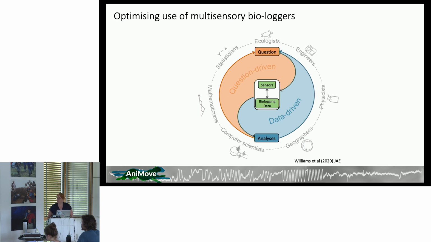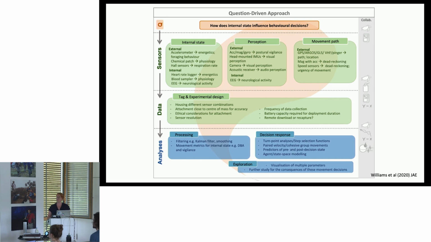So that's it for the detail of IMUs. I realize that it might not be fully related to what everybody's doing at the moment, but now you can see the power of it for future research, but also for those that do have them. They're very powerful and you can really dig into them. There's obviously then an added complication of how we bring together different sensors. What is our question and how is that related to the sensors you have? When you have multiple in a biologger or however you're collecting your data,